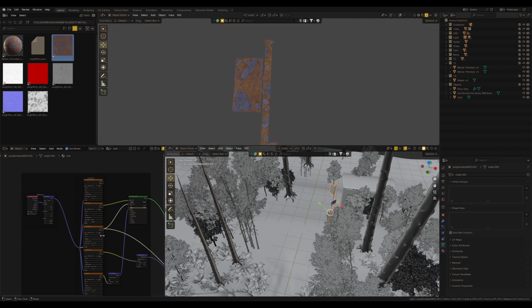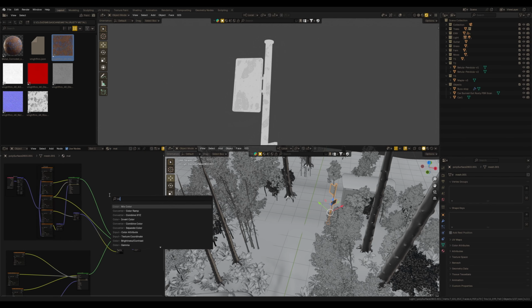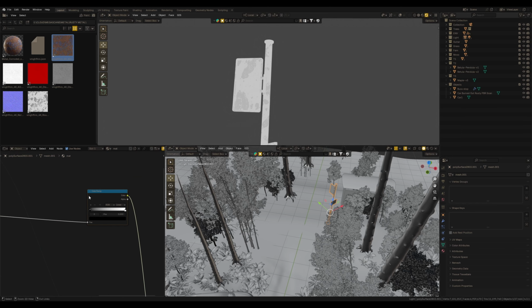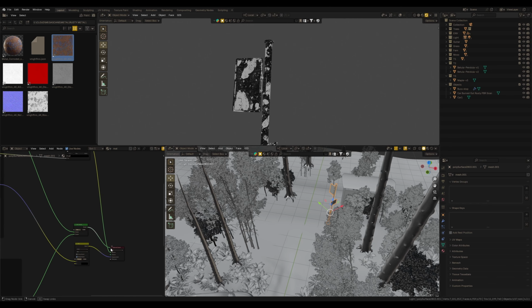In the rusty material, as I know, there is a roughness texture that can act as a mask to blend these two materials. So using a color ramp, I can adjust the range of this map or even invert it and use this as a factor to mix these two shaders.